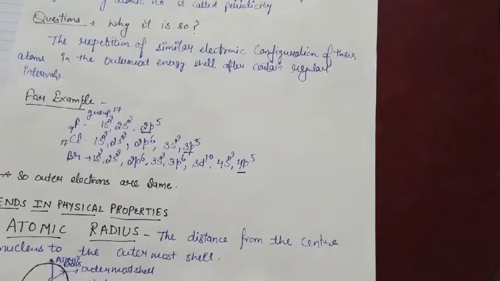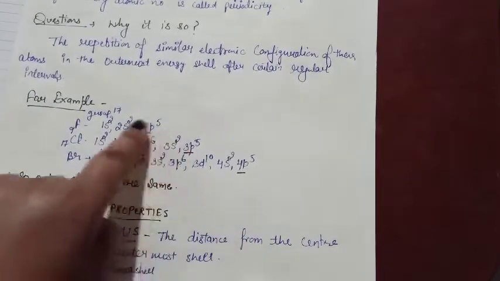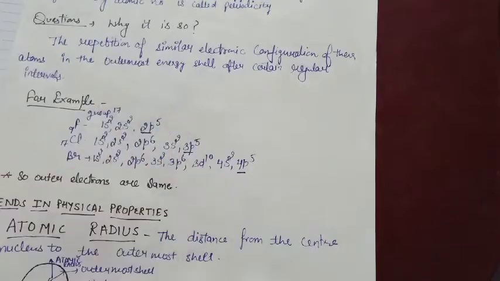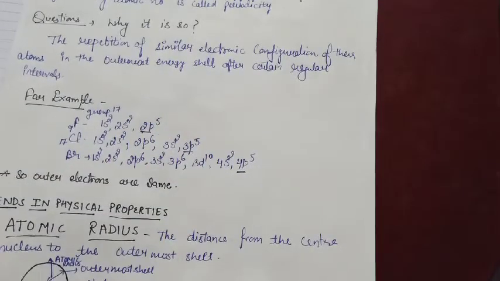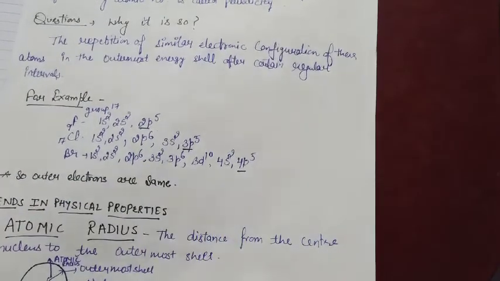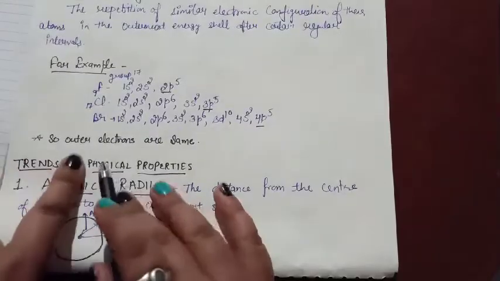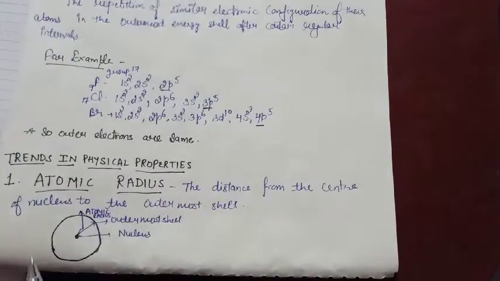So a number of elements are lying in between. But what is there after that? What is observed? They have the same number of electrons in the outermost shell. So that's the reason they have the same type of properties. If the first is a non-metal, another one will be a non-metal, and the next would also be a non-metal. So that is periodicity. The conclusion here is that the outer electrons are the same.